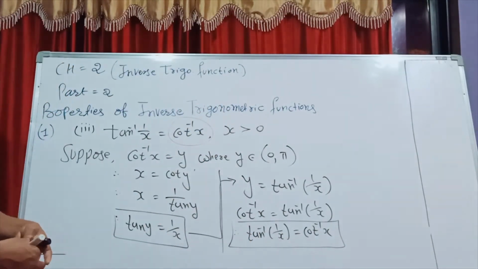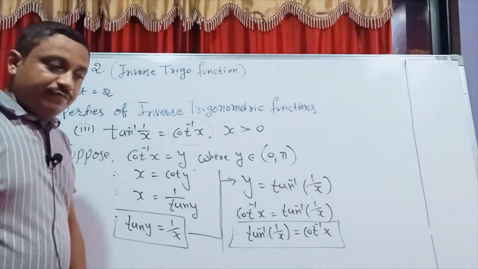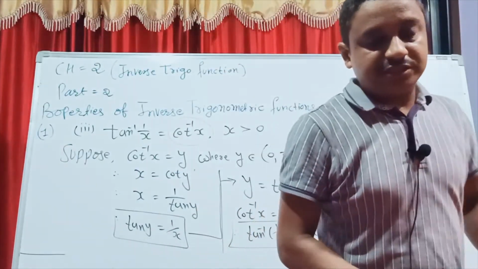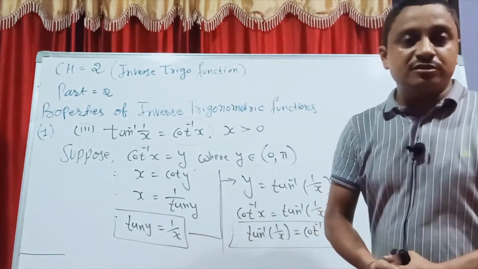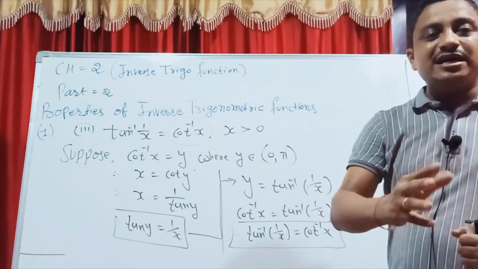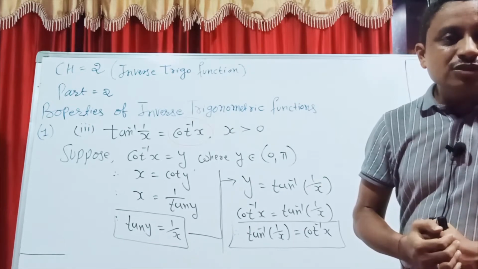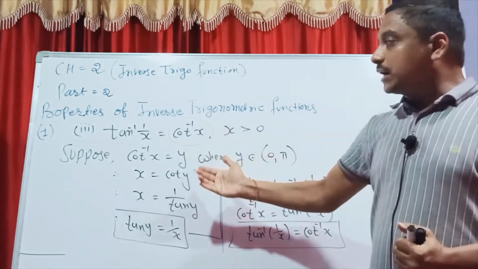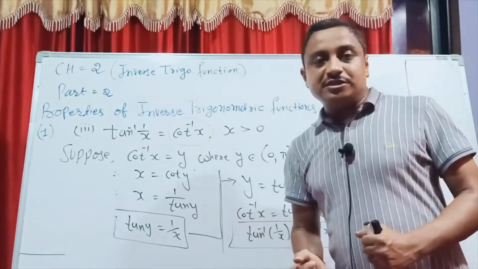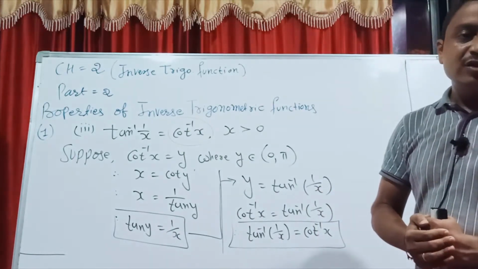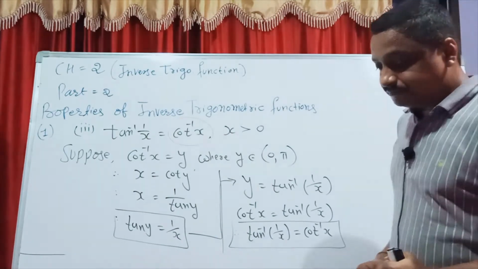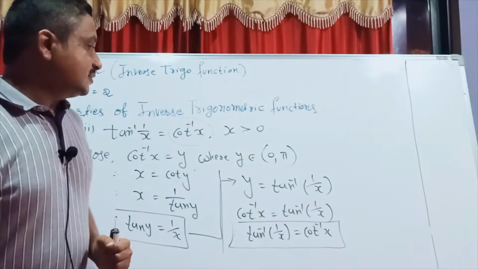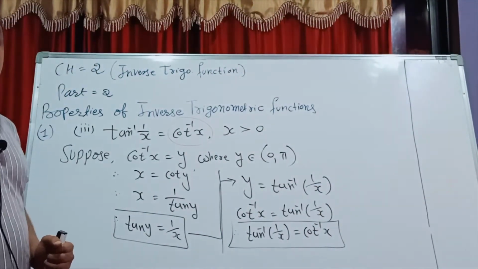That's our last part of the first property, and it's an easy solution. In total, this chapter has 6 properties, where properties 5 and 6 are mixed in indirectly. So don't worry, I will explain the properties one by one, and after that I will start numericals for exercise 2.2. Students, write properly, and I hope you understand. It's very easy.